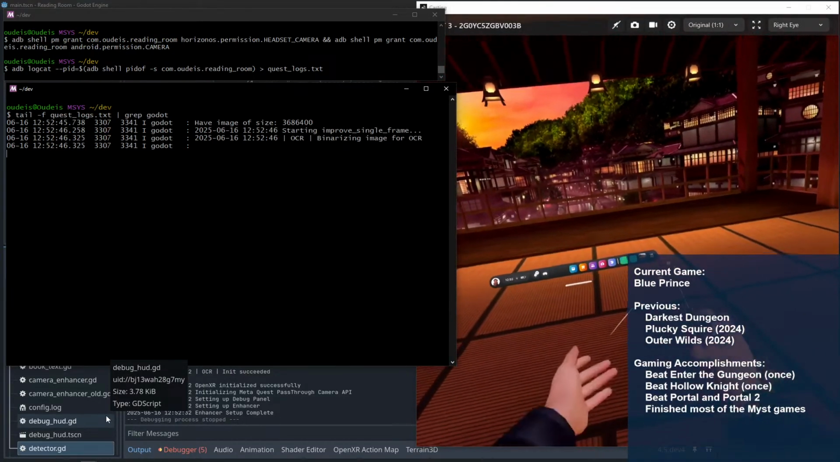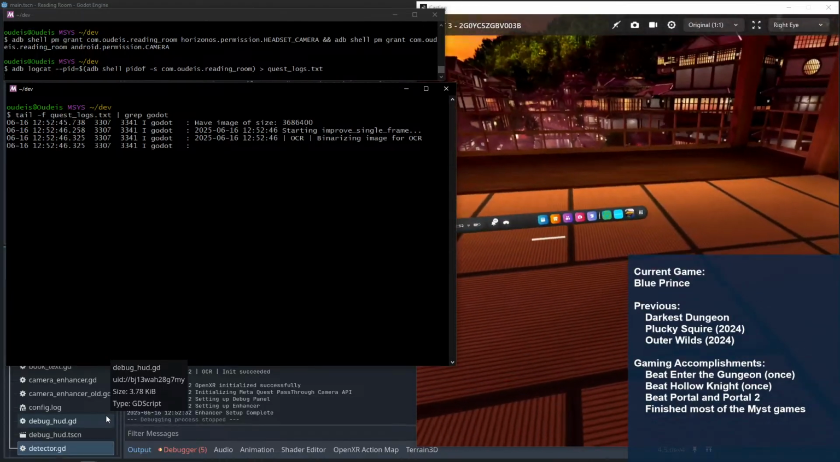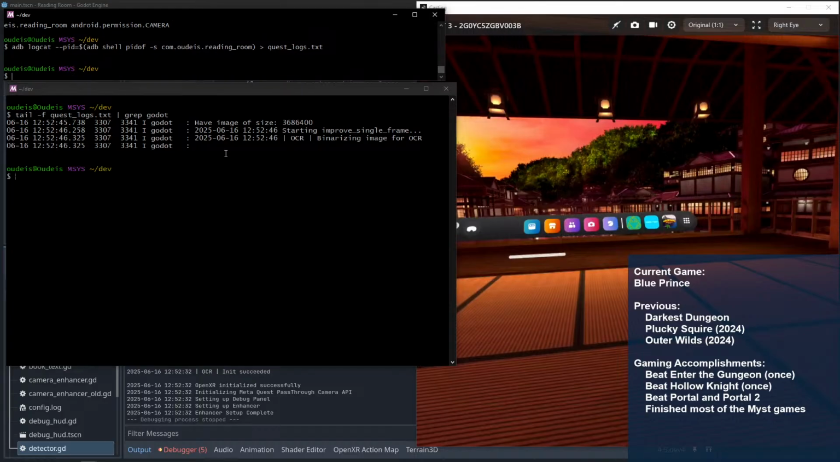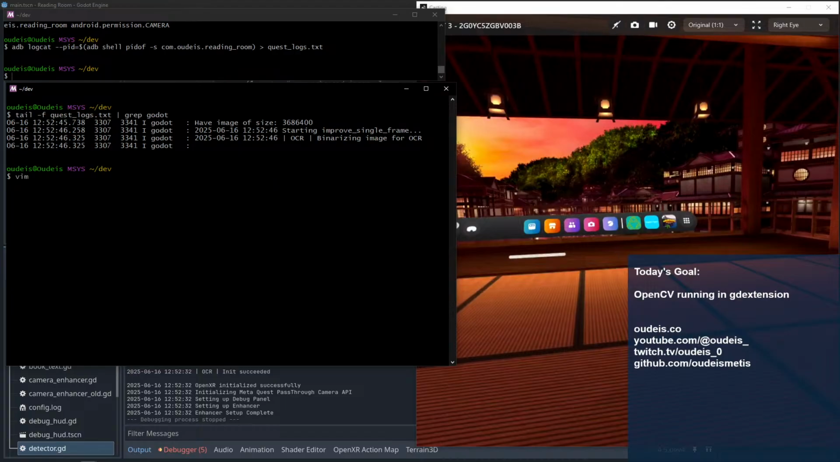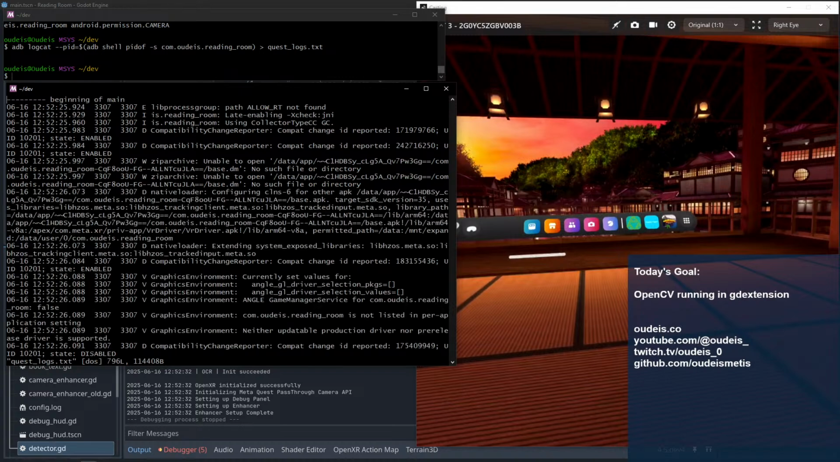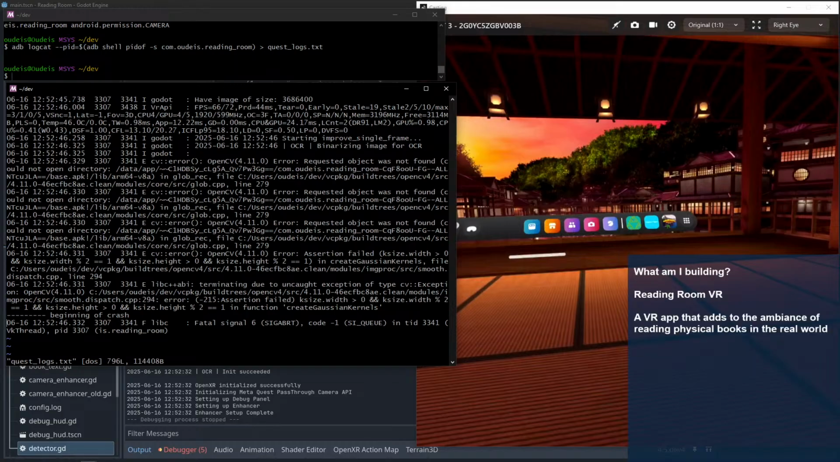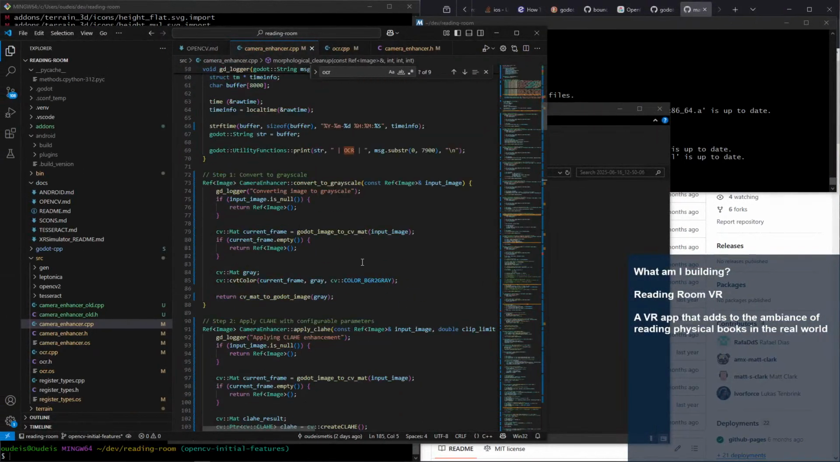There's our crash. So that's a real crash. And if I do vim on quest, we go down to the bottom. Fatal signal 6. Uncaught exception in OpenCV. Assertion failed, case size width. Okay, so